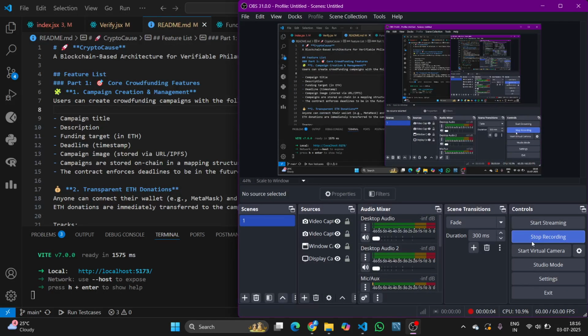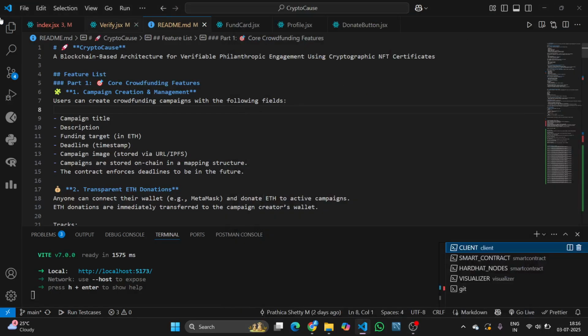So basically, I'm giving a demo of my cryptography project, which is CryptoCause. This is a blockchain-based architecture for verifiable philanthropic engagement using cryptographic NFT certificates. This basically means that it's a crowdfunding platform aimed at philanthropic activities, and we are motivating the donors to donate to more of such activities using cryptographic NFT certificates, which are non-fungible tokens in the